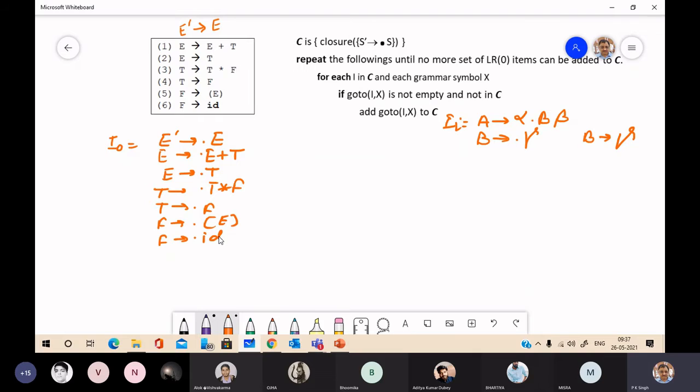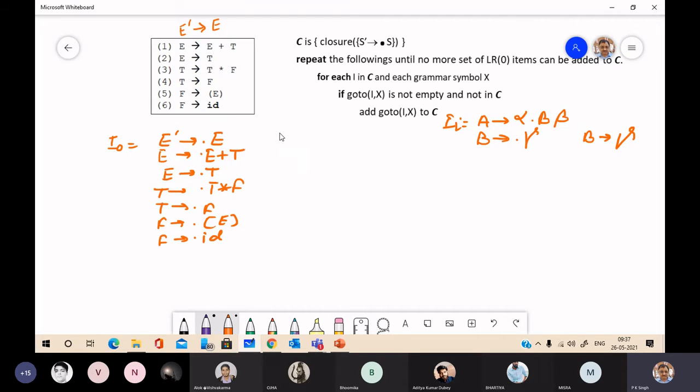Now we compute the other item sets by applying GoTo. We apply GoTo from this item set for various grammar symbols. We consider those grammar symbols that appear just after the dot.